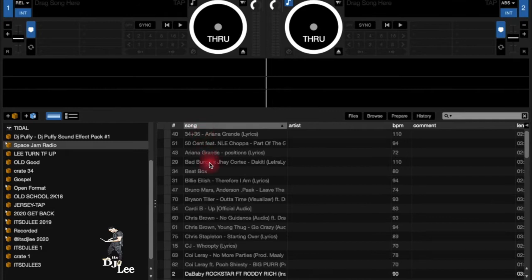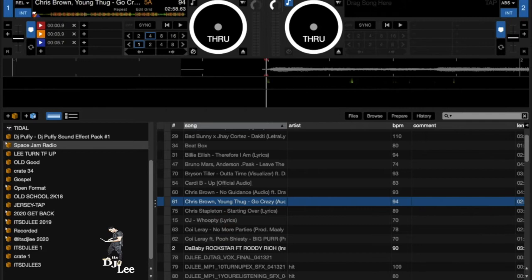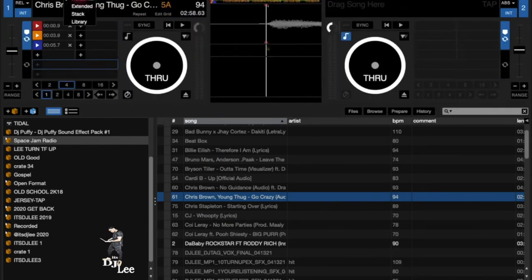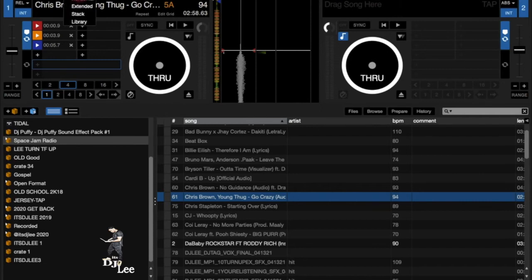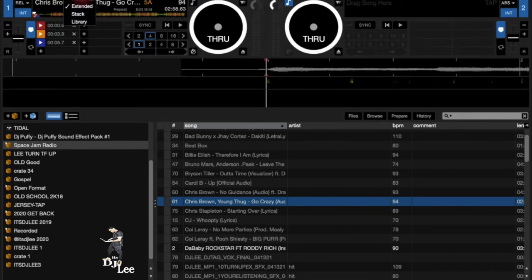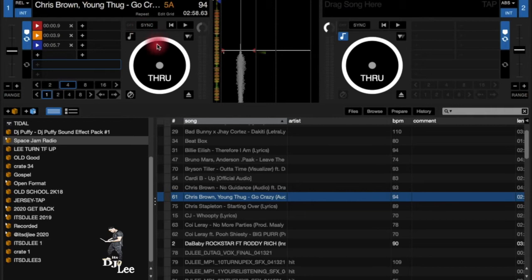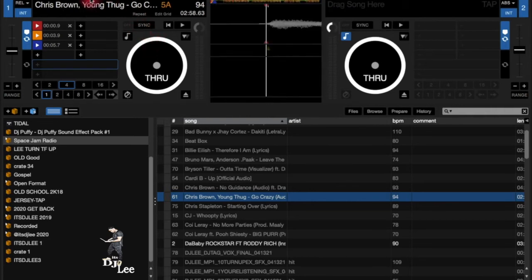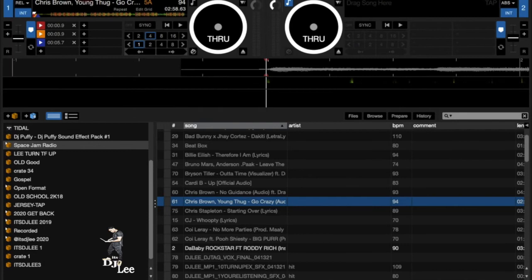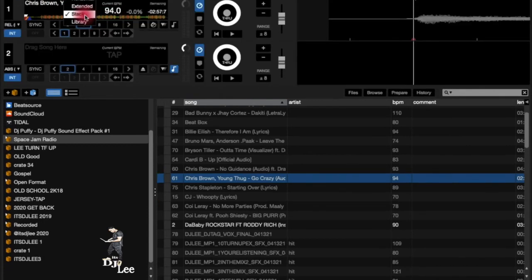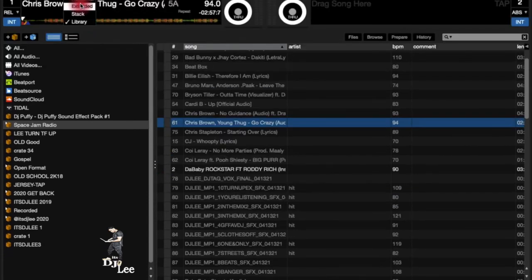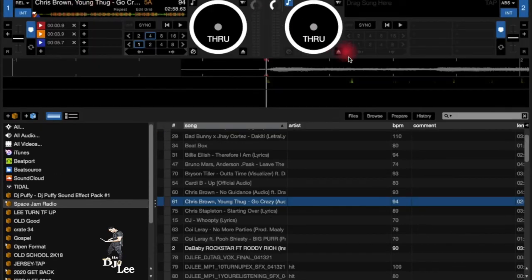You can edit your bars. Let's go to full. Let's change your view first. You can change your bars, how you see your bars. Alright. So what I just did is I went up here to the top left and I clicked on extended to change my view. You could change how you can see your waveforms and how you can see your whole Serato layout. So I could change it to vertical. So as this song's playing, it's going up and down. Alright, or I can change it to horizontal, left and right, extended, very long, stacked all the way up to the top, library, no waveforms at all. And that's that for that specific tip.